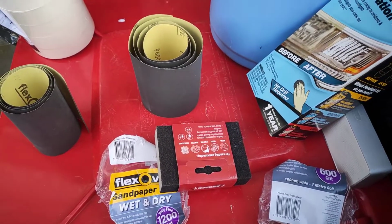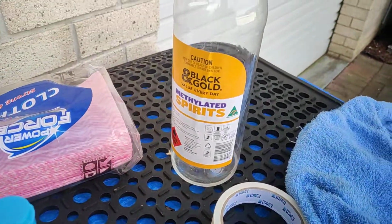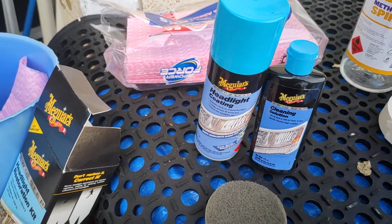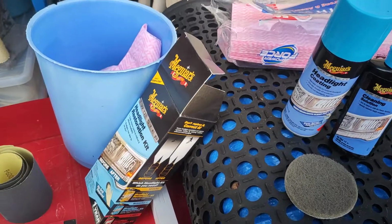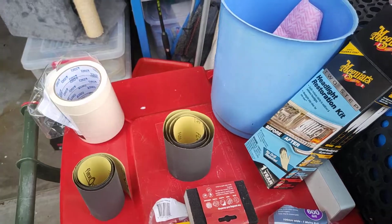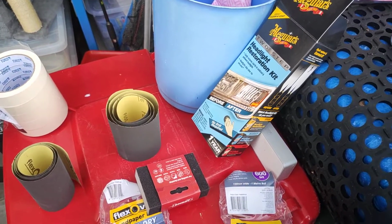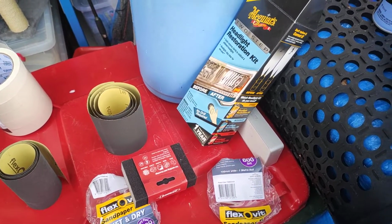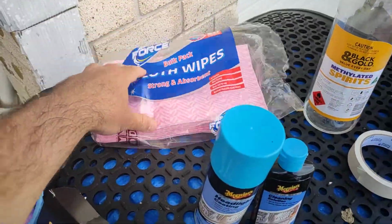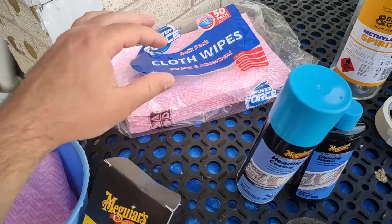Okay, another thing I recommend you have is Metho, to do a final clean at the end before you do the painting. Your painting job's only as good as your preparation. There's no point in going to the trouble to seal it if you've still got residue on there, because it's just going to seal in the crap that you've left on there. So I actually used some of these cloths. My final preparation, I washed it down,